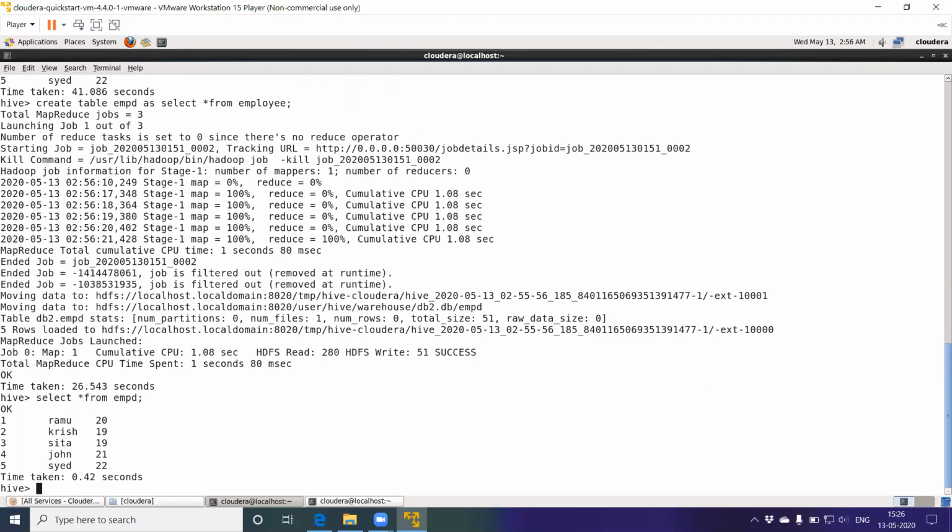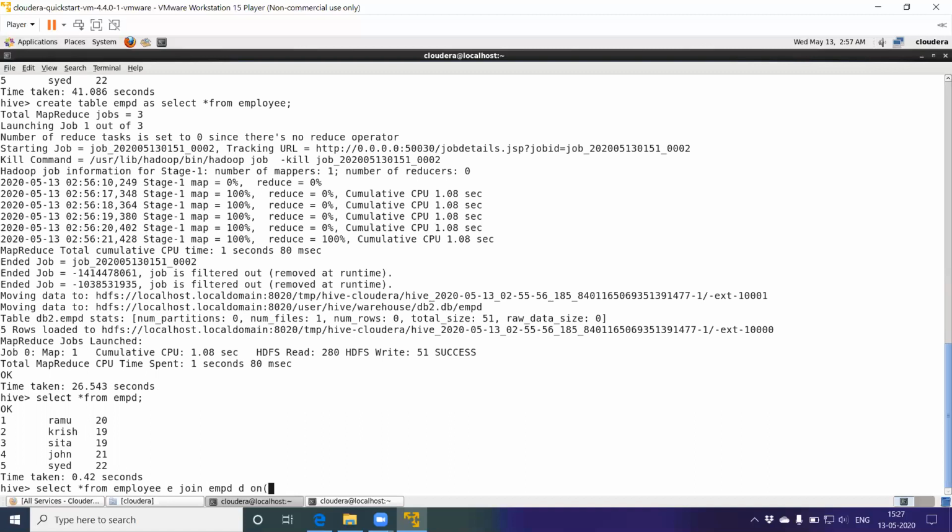Now, let's try joining these two tables. The syntax is select star from employee E, join the second table empd and an alias for this, on.